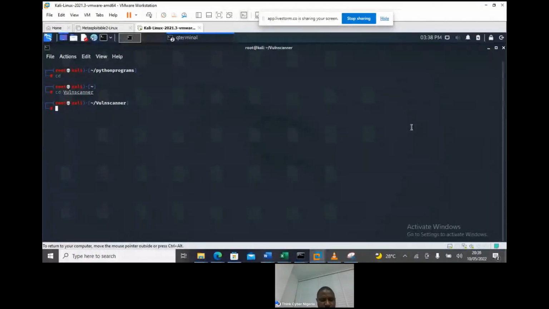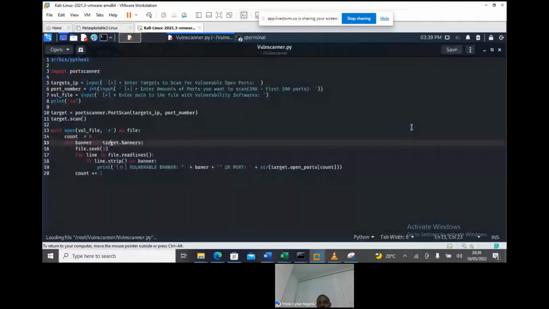so we're looking at gedit. So we've written our port scanner, the class port scanner. Now we've written now. The next thing you define the target. Now the target is the name of the file you imported, then the port scan class you defined.